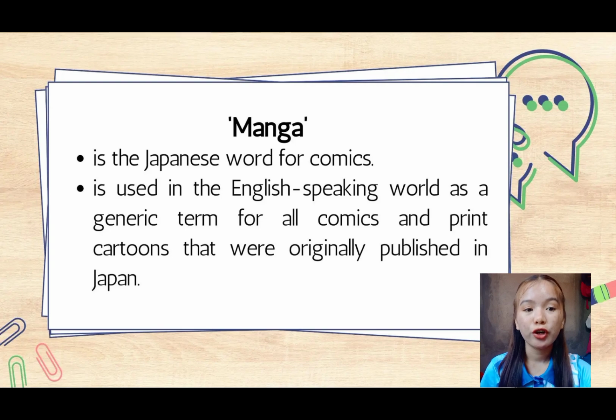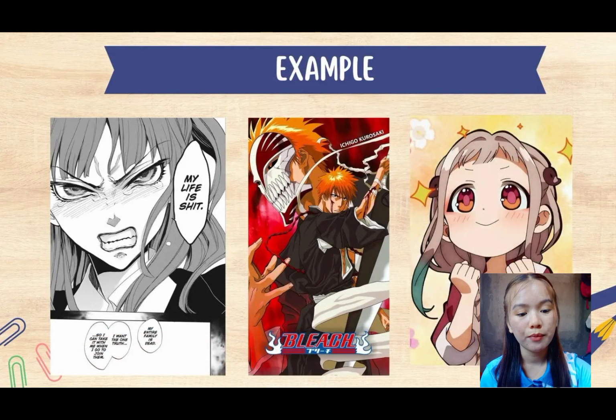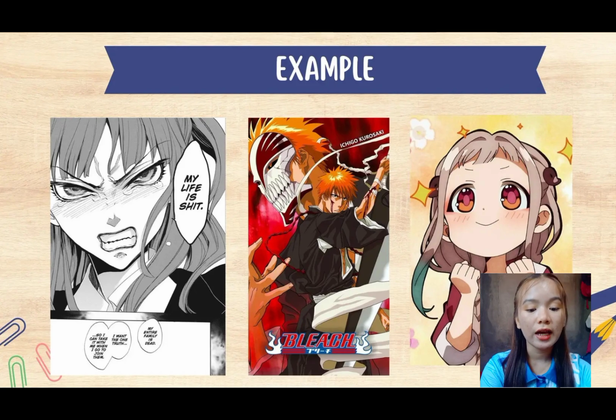In manga, class, there are four common elements. Here I have examples of different manga that portray these elements. First is the face. As you can see, their faces are exaggerated. Manga characters often have exaggerated facial expressions and large, detailed eyes to convey emotion. As you can see from the examples, they have big eyes and exaggerated emotion. The art can range from highly detailed and realistic to simple and cartoonish, depending on the genre.